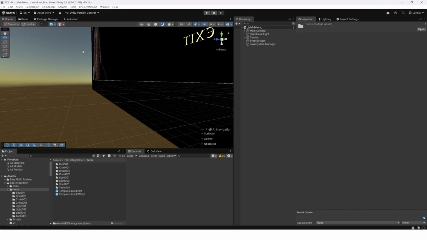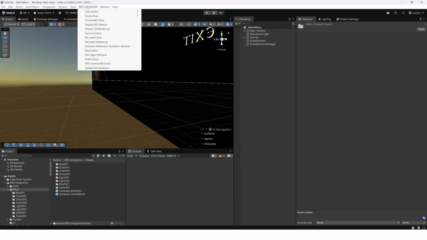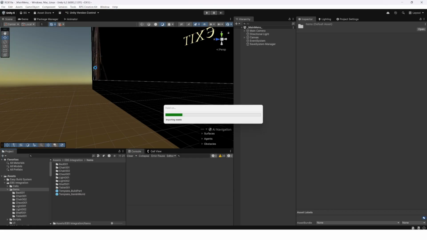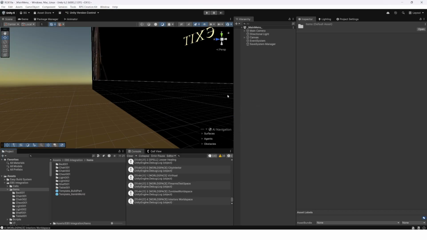So the easy way to do that is just do the update all databases, and that should add in the items. So now, hopefully, having done that, if we click play,